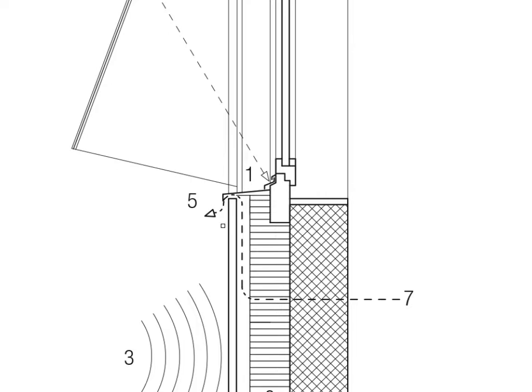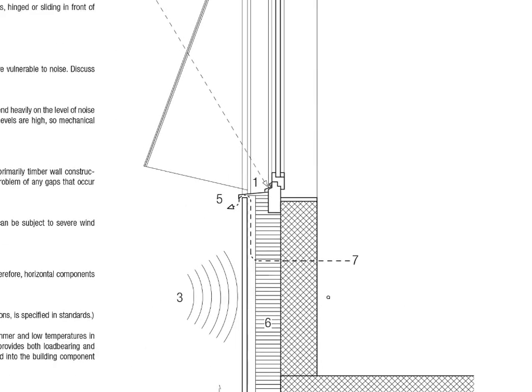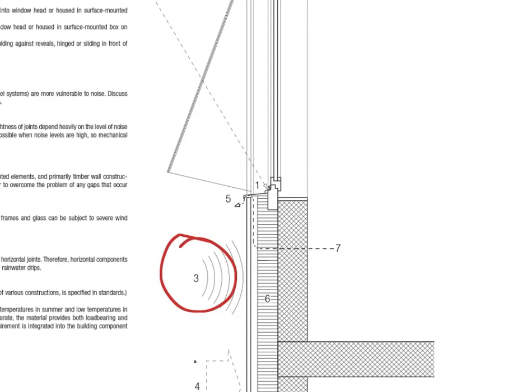Of course, insulation is not just important in terms of thermal performance, but also noise reduction, noise insulation. In cases where there might be a really noisy outside source, as indicated here by the number 3, could be a motorway, or maybe some kind of industry that's located nearby in your neighborhood. And in that case, you want to protect the people living or working in your building by making sure that these windows have a certain noise reduction as well, noise insulation. If that outside source is really, really bad,